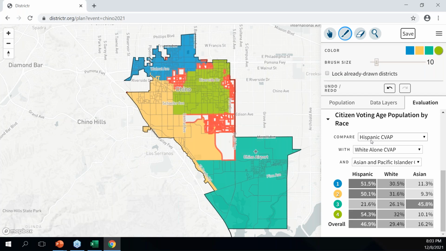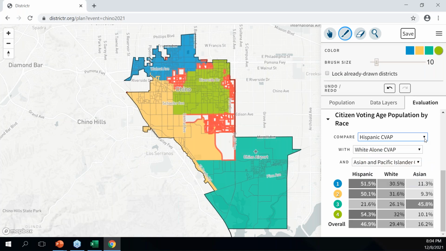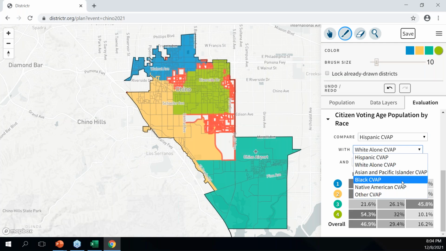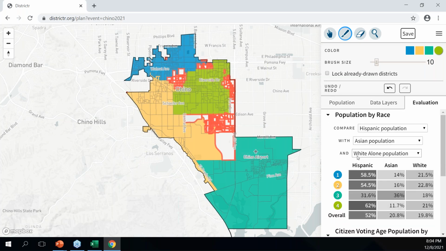So you can see here, and you can compare this by changing the toggles here to compare different categories. For example, let's say you want to compare the Hispanic voting age with the African American citizen voting age population. You can change between those and show what each one of your districts are. And again, each one of these shows not the existing districts, they show the way that you've drawn your districts. So it will give you your population percentages and your demographic percentages by the way you've drawn your districts in,